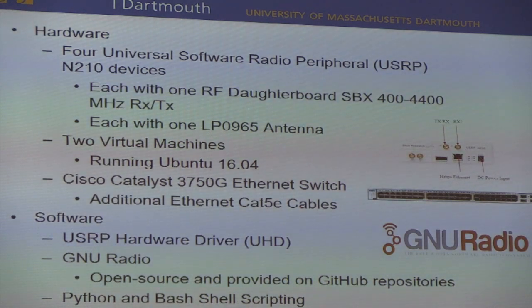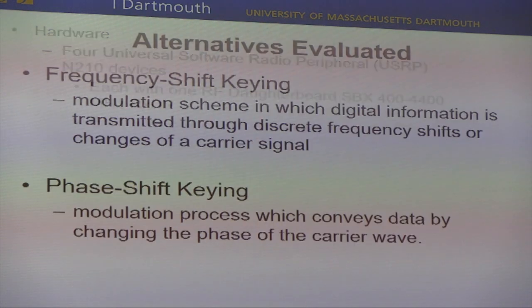And then this is just a list of all the hardware and software we ended up using on this project. The 4 USRP devices, the VMware virtual machine we used, Ubuntu, and of course GNU Radio was used for the software in addition to some Python scripting. And in designing our